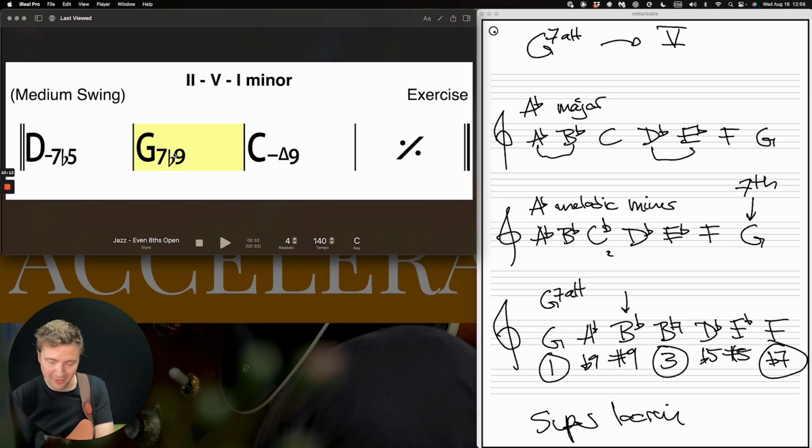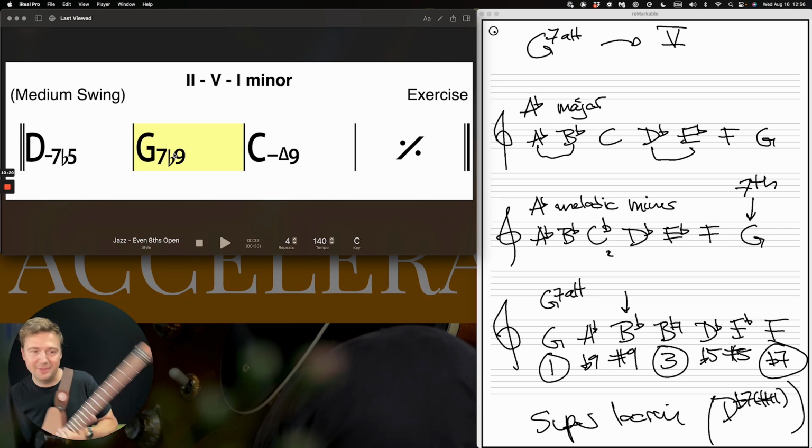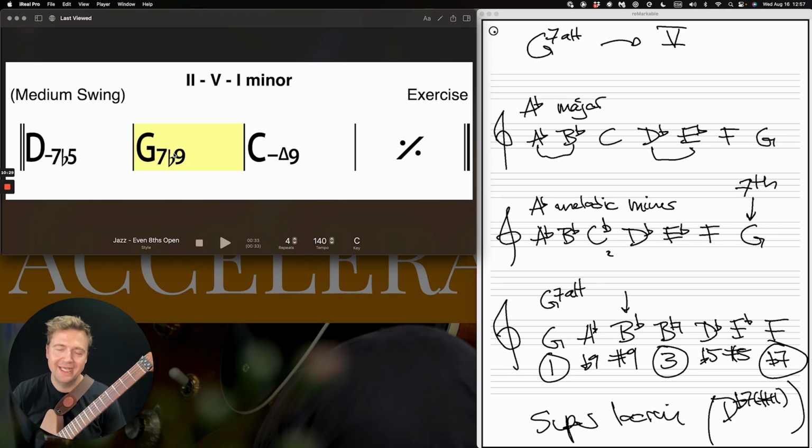There's another way to think about this that I'm not going to get into in this video, which is D flat 7 sharp 11. Also a mode of A flat melodic minor, but the D flat, the advantage, I can go from the D flat to C. So the D flat is actually this tritone sub concept. Using a tritone sub or using the altered scale are 2 things that are pretty much equivalent in creating tension towards our destination. So that's it for this G alt,